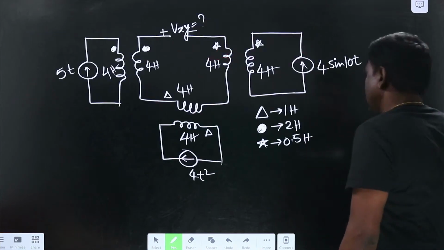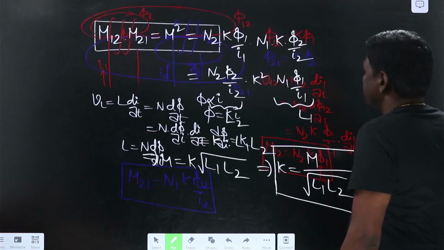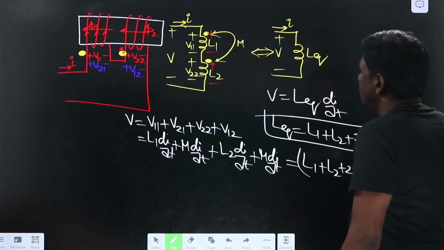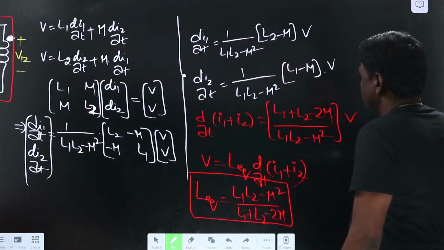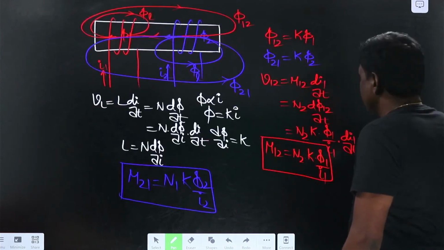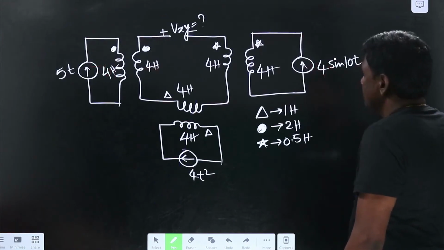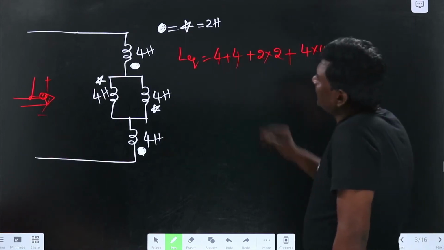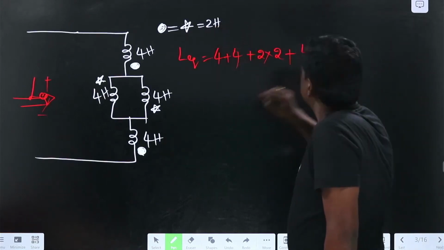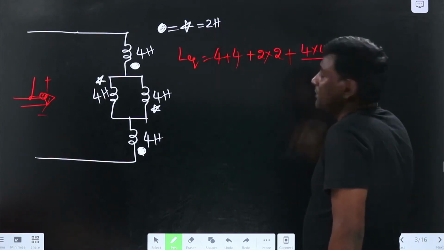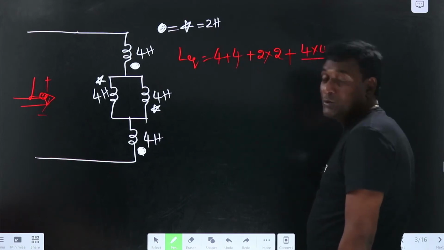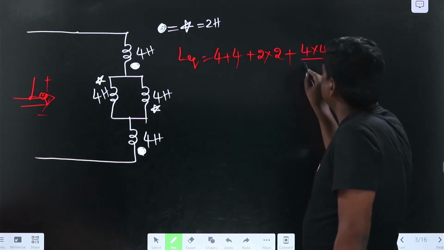Just a minute. L1 L2 minus m square, m. So 4 divided by L1 plus L2 minus 2m or plus 2m? L1 plus L2